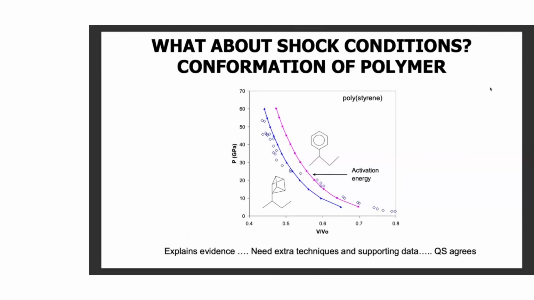Is this model predicting that there is a change in the conformation of the polymers when you get to strains of around about 50%? Well, it's a prediction. It needs experimental verification, but it's the kind of thing you can now think about trying to measure, maybe using spectroscopy, maybe making some mechanical predictions of what other factors you will see if